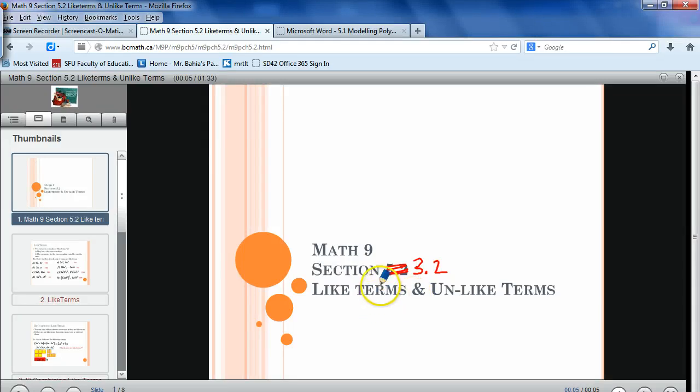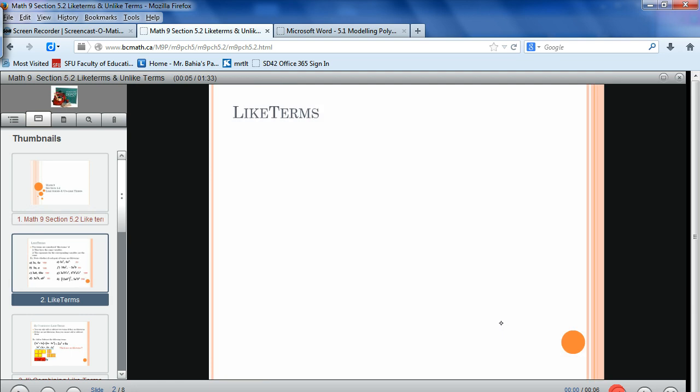Second part on the section on polynomials called like and unlike terms. So, how does this look? First off, what are like terms? And like terms are